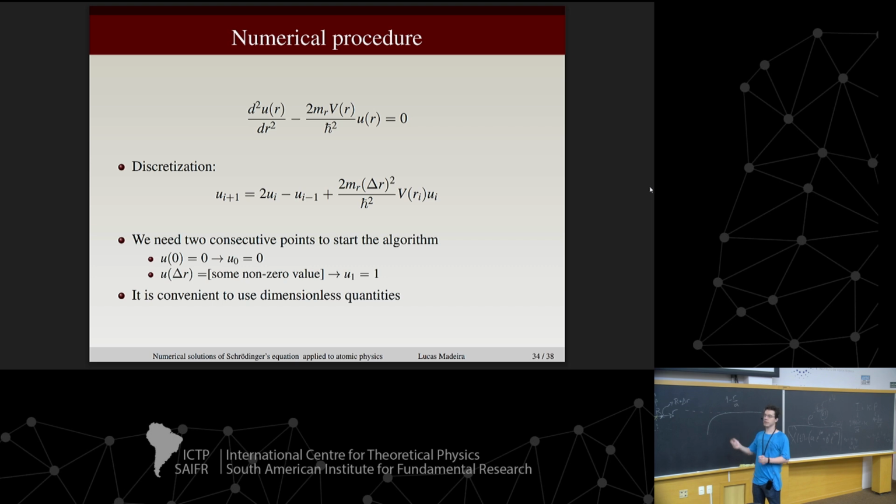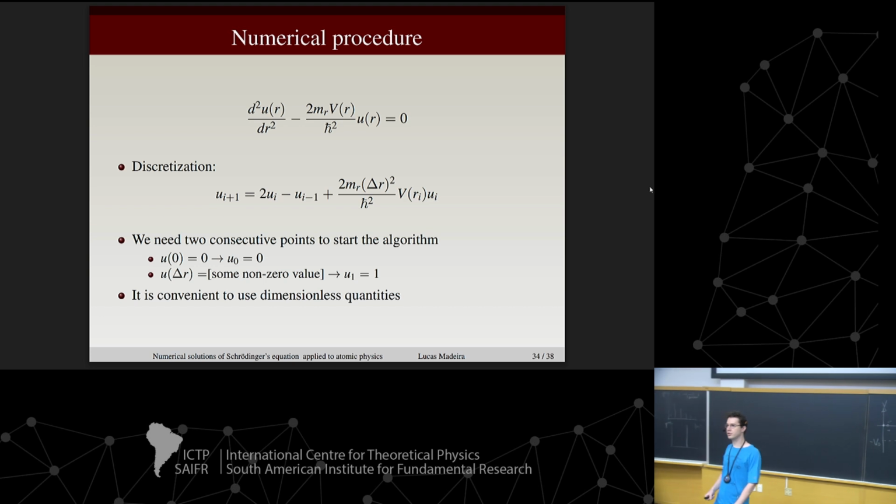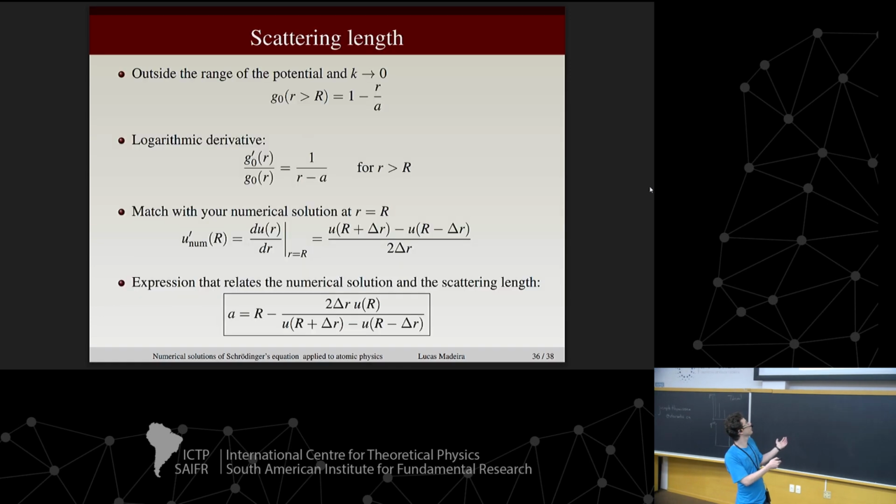I chose 1 because I chose 1. It could be 0.1, could be -0.1, could be anything. So I could have used delta R. Delta R. Okay. Perfect, fine choice, yes. Schrödinger's equation is linear. If you have a solution and you have a solution multiplied by a constant, they're both going to be solutions. We don't care about the normalization because we're going to do this ratio, and then it's going to drop. Okay. Thanks.